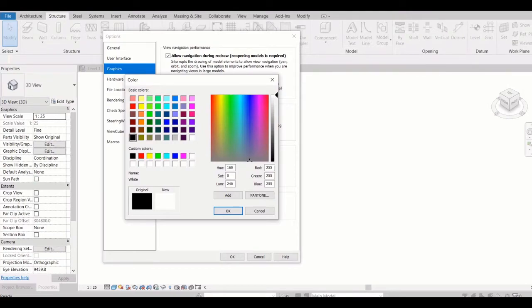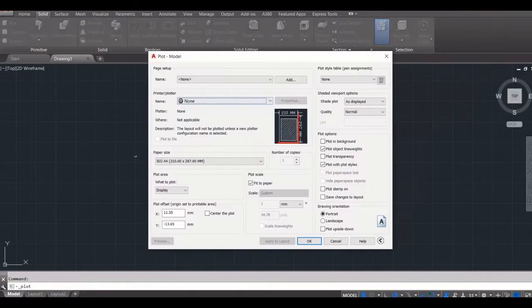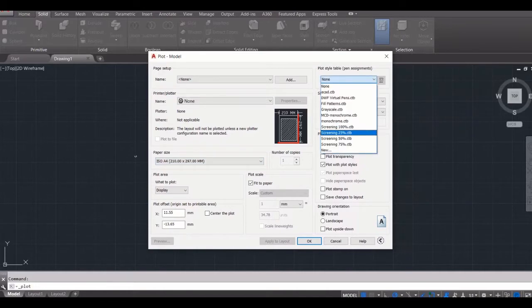But what happens in AutoCAD is that whenever we want to print any file from AutoCAD, we have to use a CTB file, right? We have to use that CTB file, the plot style table, and that plot style defines the color, if the line color is red or line color is pink, what will be the print thickness, what should be the color or whatever. So it shows the definitions, right?